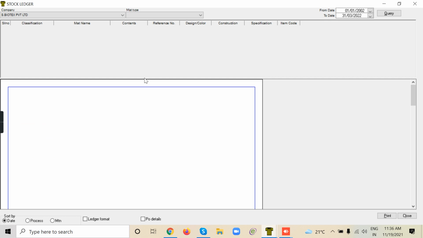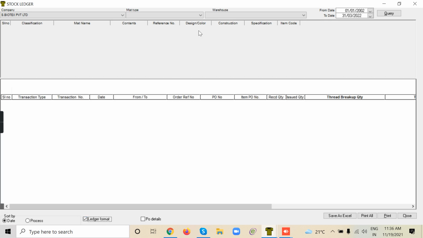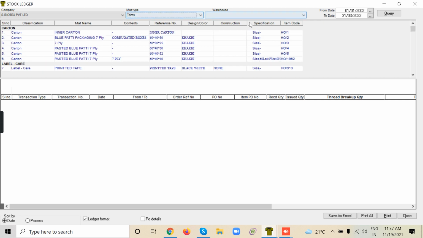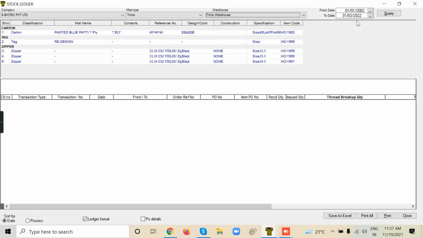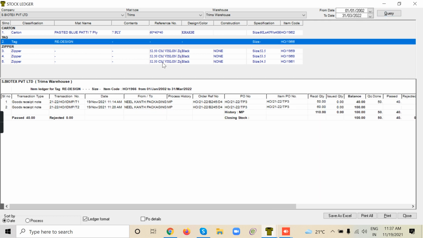Ledger format, material type, items, warehouses from warehouse. So I'm selecting this particular item. Between this date range, whatever transactions I have done for different POs, different orders, that will come as ledger total.